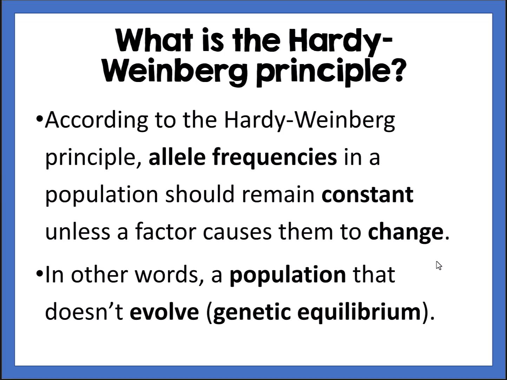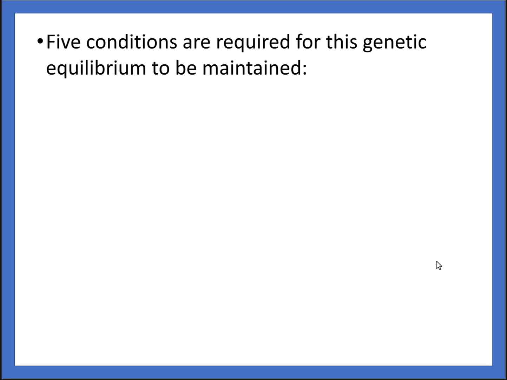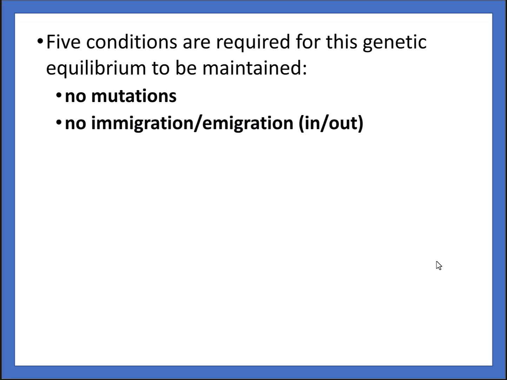And there are certain conditions required to keep that population steady and constant at that genetic equilibrium. So 5 conditions are required for this genetic equilibrium to be maintained. First, there cannot be any mutations because, as we mentioned, mutation causes variation. There can't be any immigration or emigration, so no organisms in or out of the population. No natural selection, so even if the environment changes, the allele frequency is not going to be changing